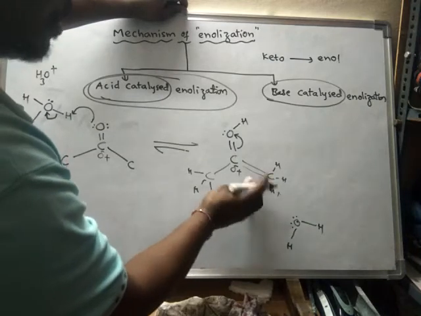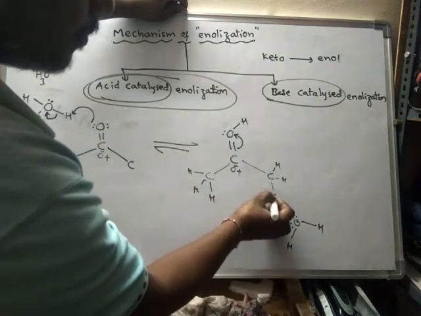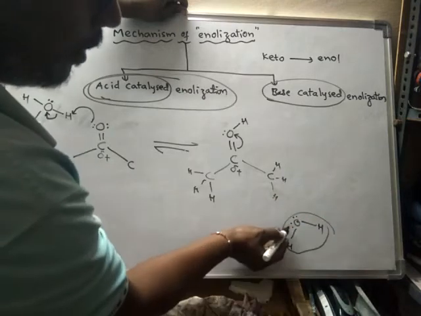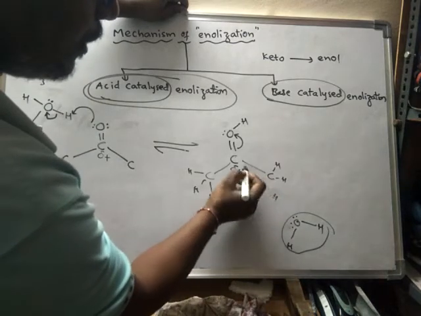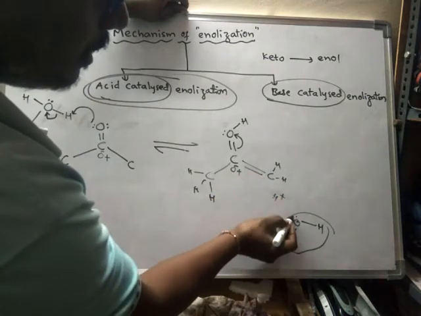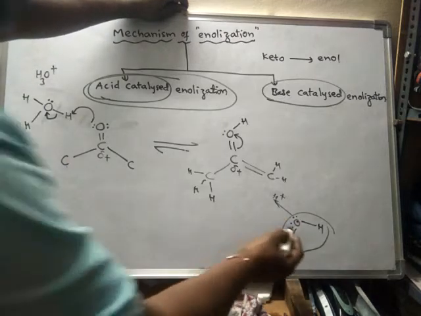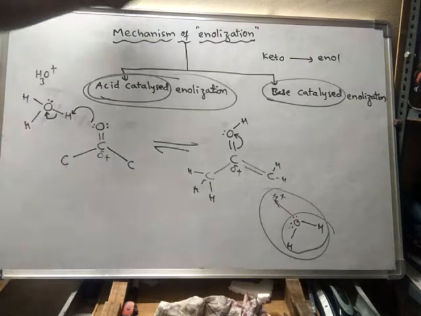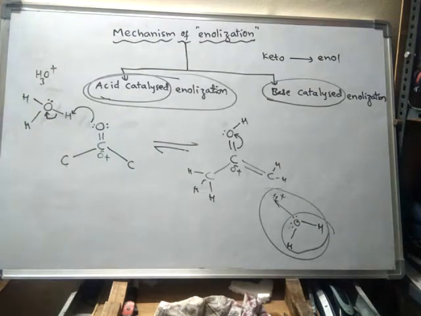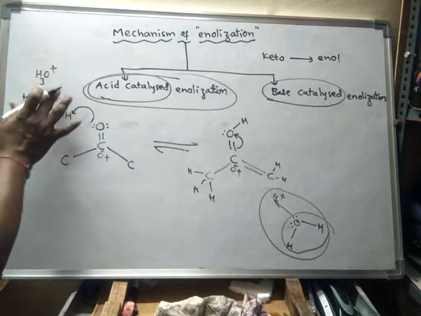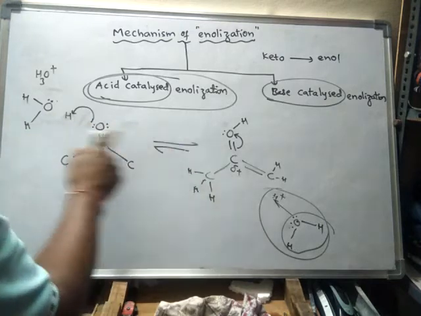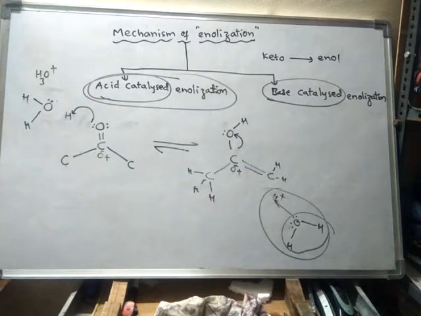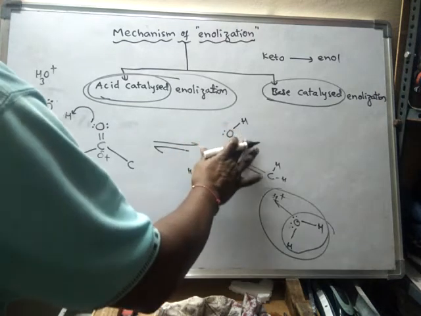Now when does this occur? When water molecules approach this portion, this bond will shift here. Now the hydrogen will become H plus. Now it forms a coordinate covalent bond with this one, and finally what happens? Initially H3O plus was there, and this H3O plus has lost its oxygen to this one, and finally it is converted to this one. So now this is the structure. The structure is converted like this.